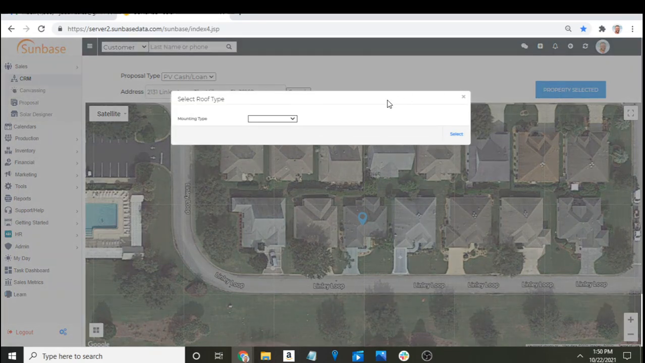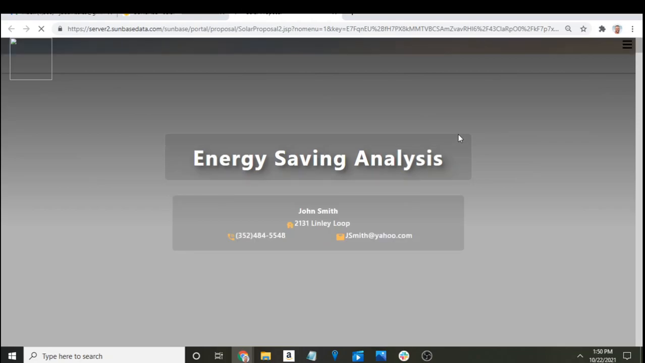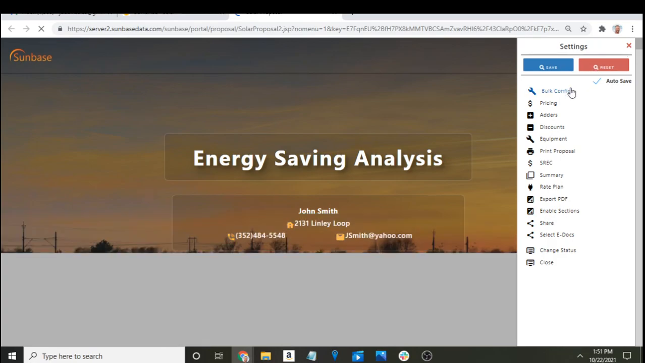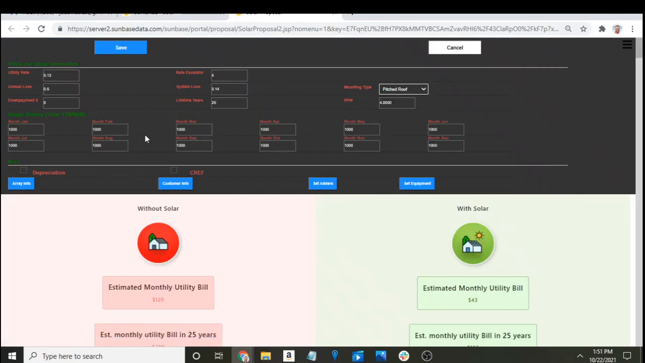It's going to automatically load that address. I'm going to select, is this going to be a roof mount, ground mount? I'm going to say roof, select. And this is where we can actually go in, create that proposal, pull up those utility bills, and enter in their usage right here. So I might say they're using 1,000 kilowatts per month on each of these respective months,